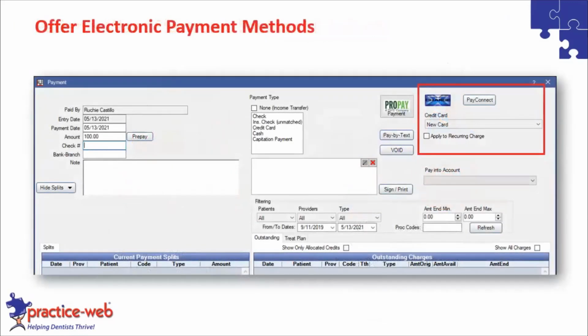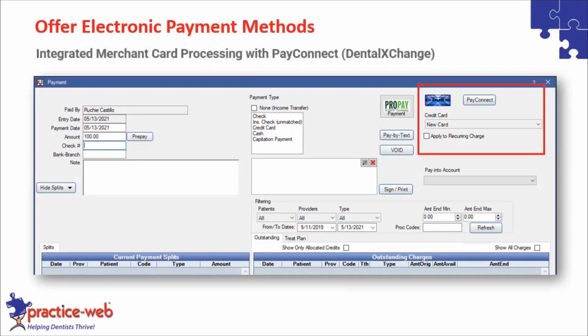Now, how do we offer payment methods in Practice Web? Some of you are already using the options we provide. So we have 2 payment processors that are kind of full-blown in-office payment processing. The one we recommend is Pay Connect through Dental Exchange. Again, that same service that I was referring to for auto